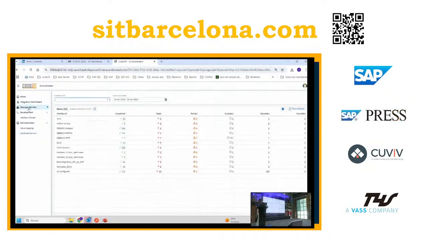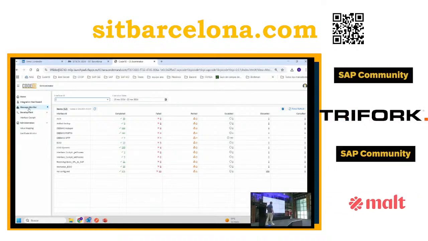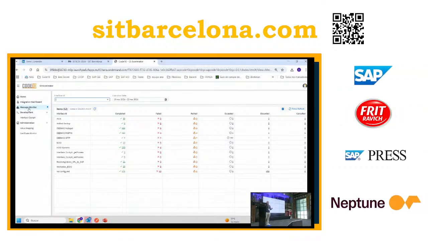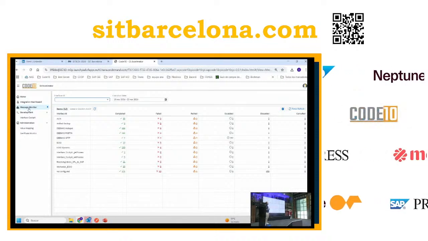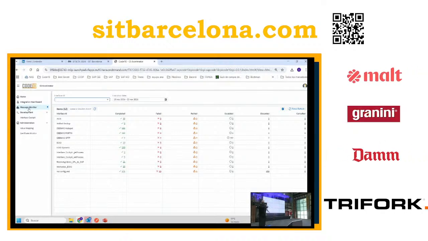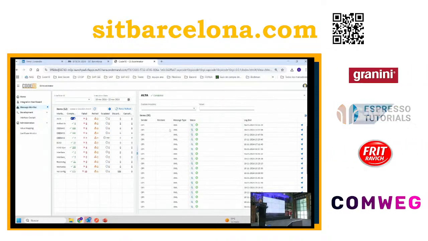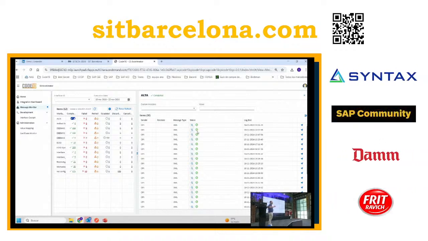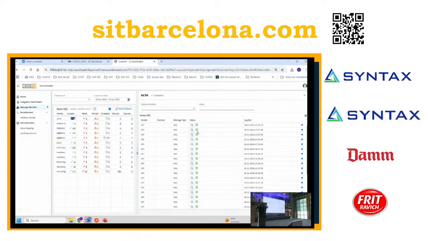But one of the functionalities that we are most proud of is the monitoring. The monitoring has a lot of work behind it, okay? Because what we can see here is a monitoring that is compatible with one single process, one simple iFlow, or multiple iFlows connected, no? So for example, we have the case of Alta that is one single step. It's one interface where you send a message, it executes one iFlow, it is delivered, full stop. This is a synchronous interface in this case. And from here, we can go,